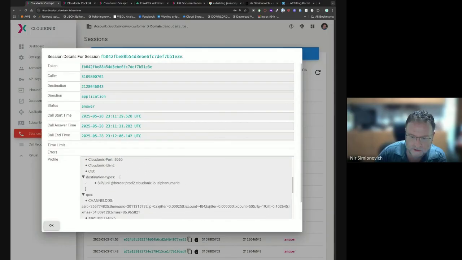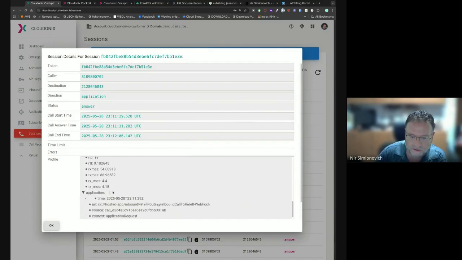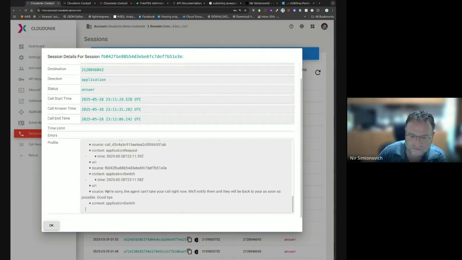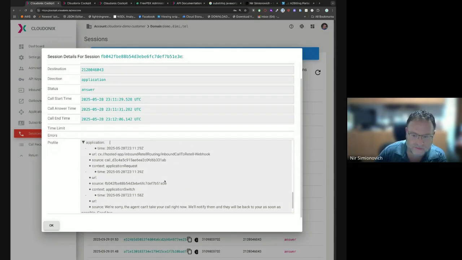You can see it going into the border. This is all the information related to quality of service. You can see the execution. That's the old one. That's the switch that happened at the end already. But you can see the execution of the first webhook here.